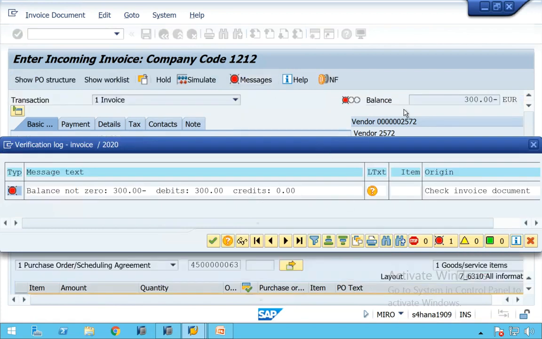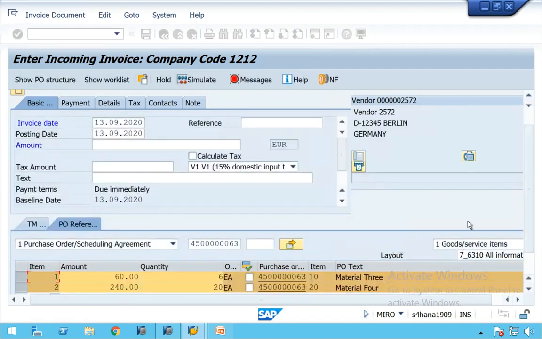Credit 0. Debits you have done. What is the debit value? These two. Okay. 6 into 10, 60, and 20 into 12, 240. 240 plus 60, 300. Debits 300. You have to offset, right? For every entry, there should be an equal and opposite entry. This 300 we received, correct? And where will it go? It will offset to the supplier.